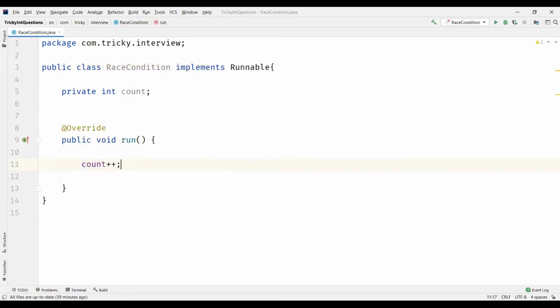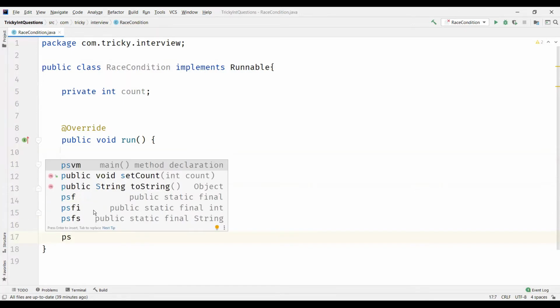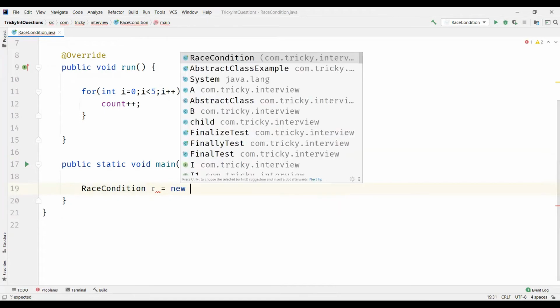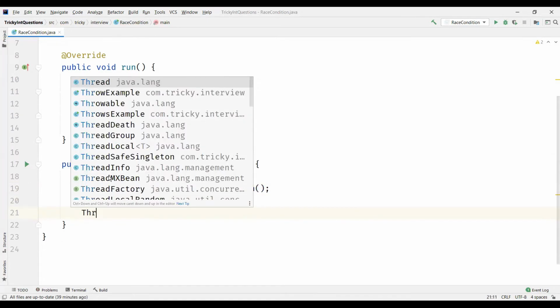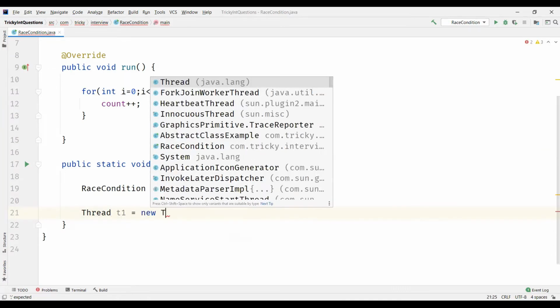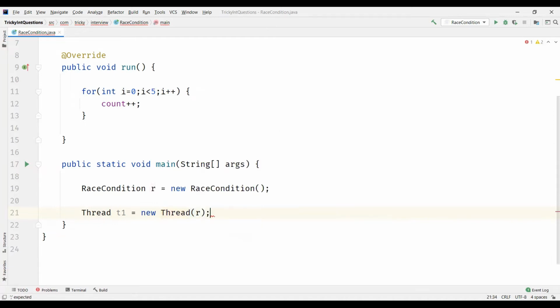So let's write some code here. I'll just increment my count variable by 1 each time, and we want to have a loop, right? So let's have a loop. I'll run it for only 5 times. And let's create a main method where we are going to create an object of this RaceCondition class and create two threads. I'm going to create the first thread T1, where we'll pass this RaceCondition object to it. Then we'll start this thread,